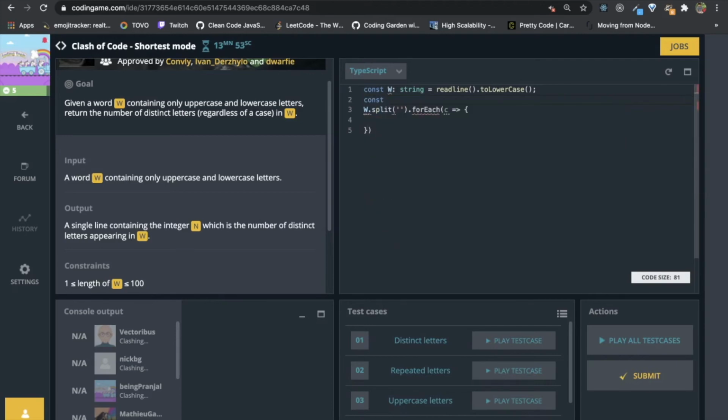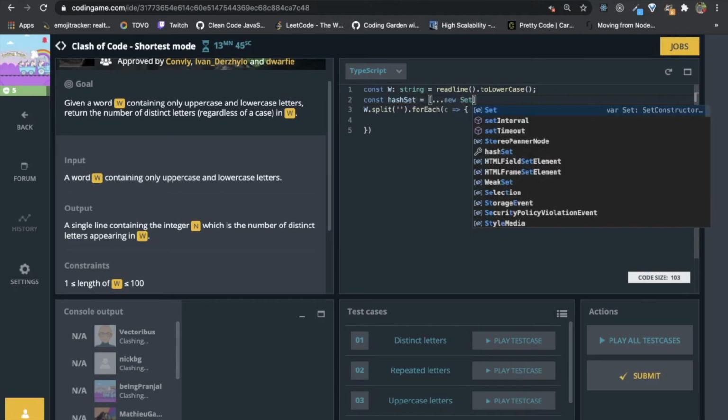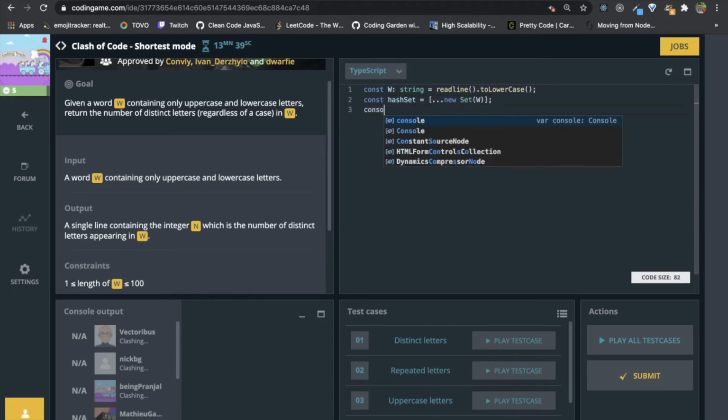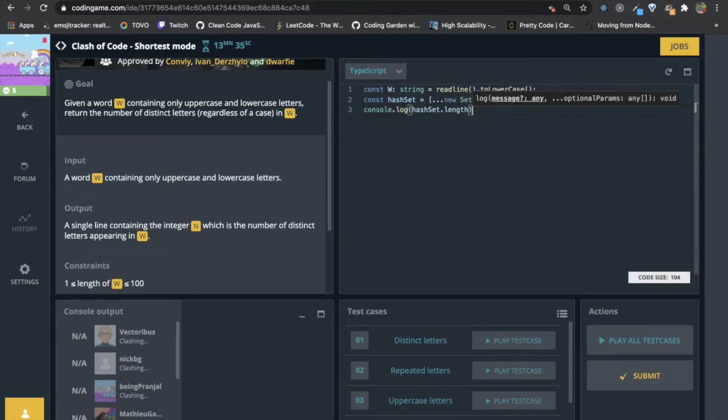It will be very easy. We create a hash set: for a new set we pass the W, and then console.log the hash set's length.